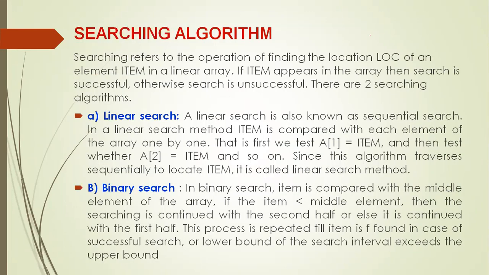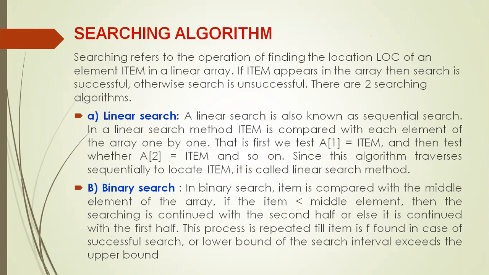Let us start with the first searching technique called sequential search. A sequential search is also called a linear search because here, if your array contains n elements stored in positions a1, a2, a3 up to an, and I want to check whether an element called item is present in the array or not, the procedure first compares the item with a1. If they are equal, then the element is present in the first place. Else, the item is compared with a2. If it is true, then again the search is successful. In that case, the position where the item is found is 2.